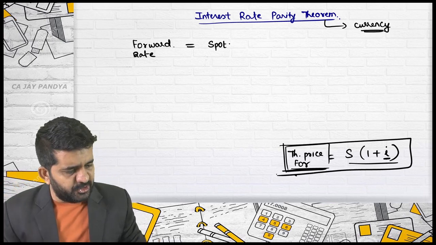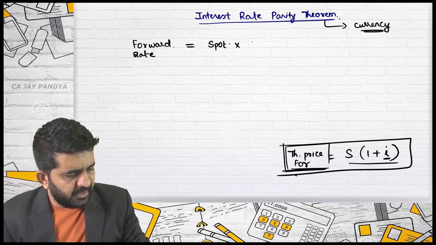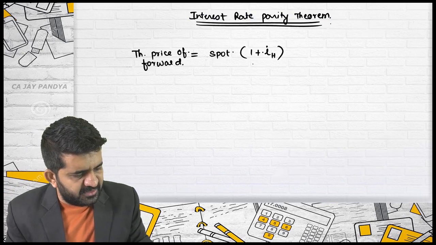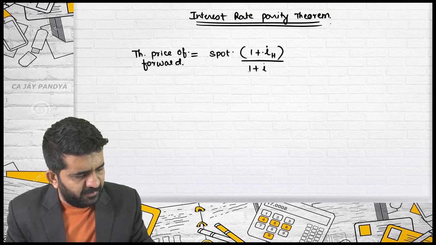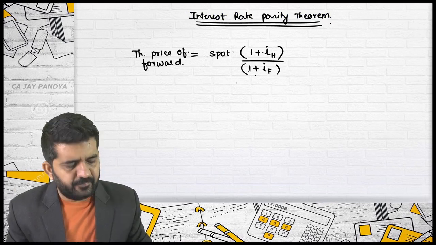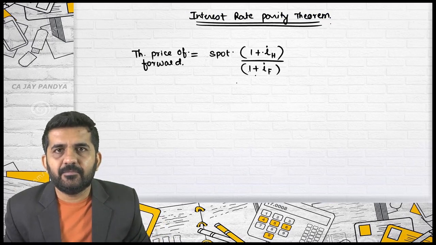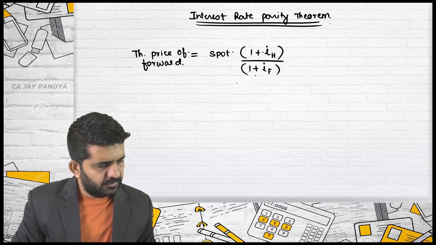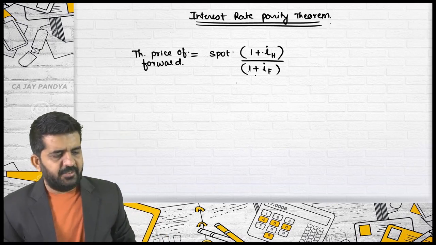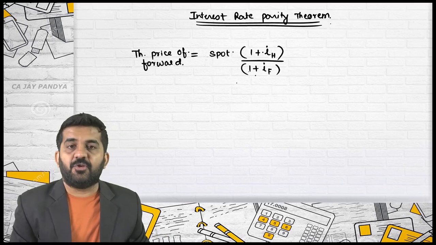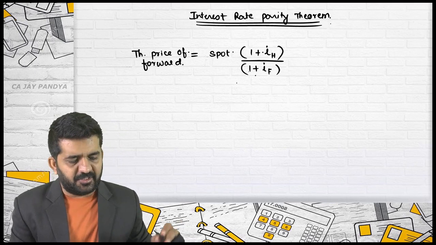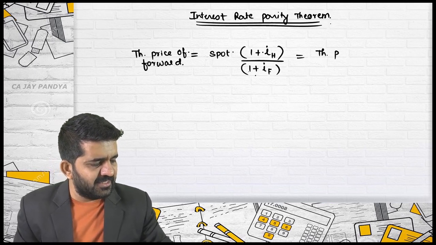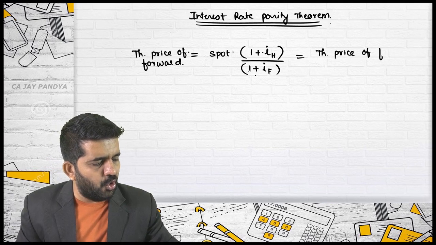The forward rate should be spot into 1 plus interest rate of home currency divided by 1 plus interest rate of foreign currency. That's all right. Yes, this is correct. Is it all? The price which you will be getting is a theoretical price of